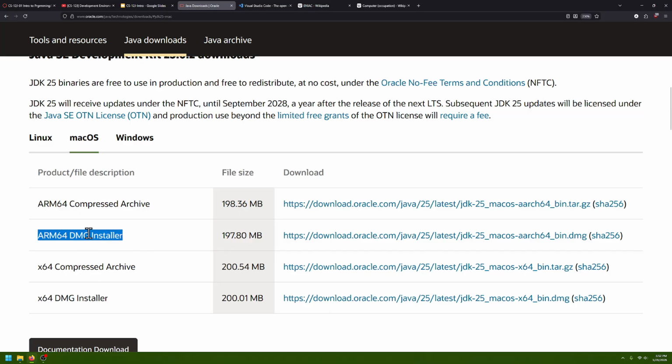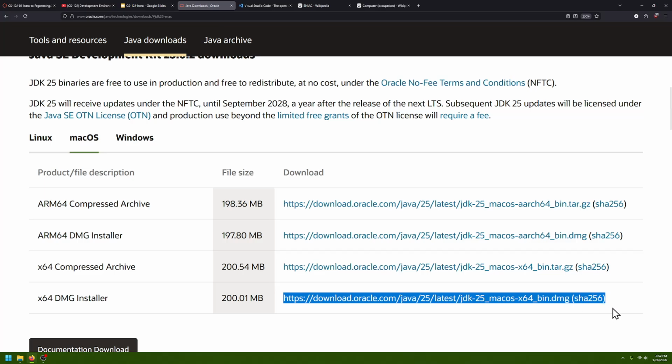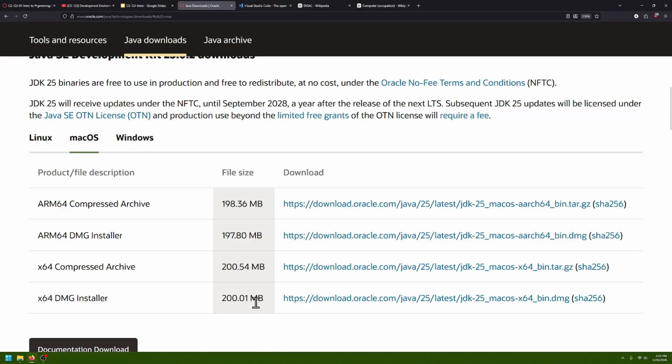I do want to mention that if you have an older MacBook, it's going to be these last two over here. You'll download this one. The older MacBooks, generally I'm talking about the ones with the Intel architecture, or if you're not sure, you could look at the back of your MacBook. If it has a light up Apple logo, I believe those are the older MacBooks. So yeah, once again, if your MacBook has a light Apple logo, you're probably going to have to download this